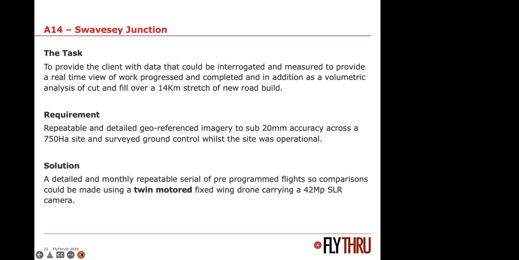We were asked by the guys who were moving vast quantities of earth from borrow pits, digging out kilometre-square pits to get to the clay to use in construction in other parts of the site, and filling back in where they were digging other parts. We were asked to do a flight on a monthly basis over this 750 hectare site, which we managed to do in a single day in the summer,